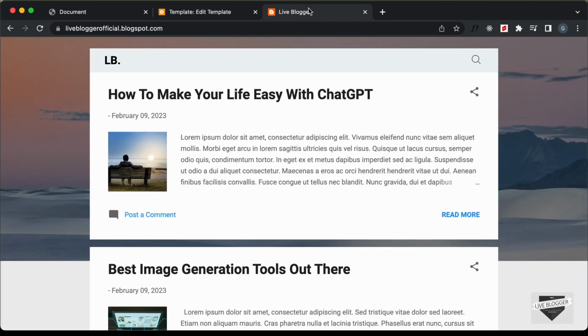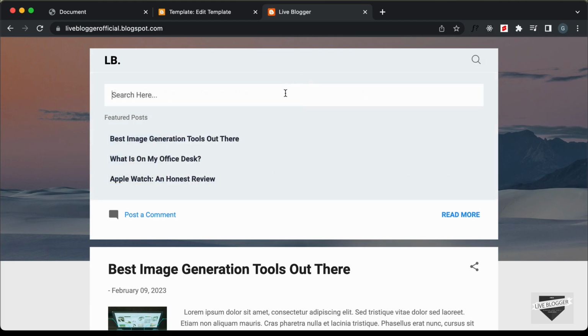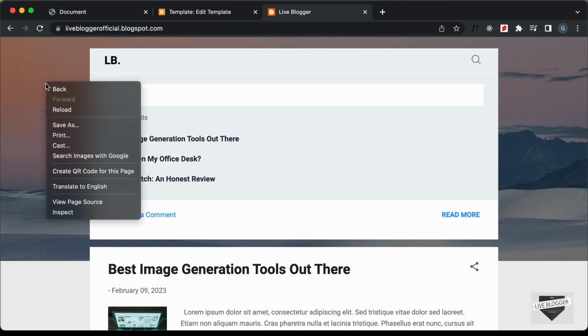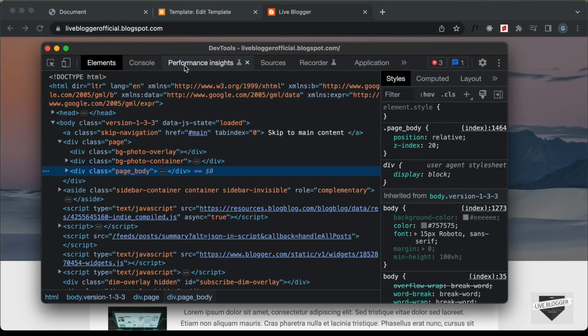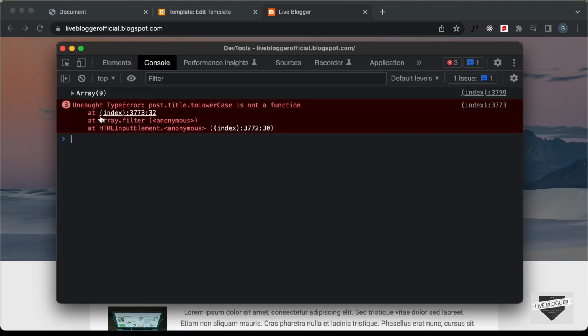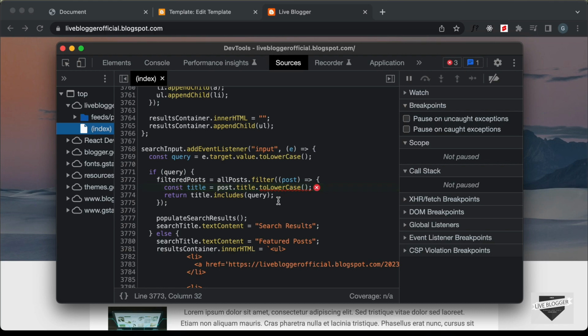And let's go back to our website and refresh this page. And let's click on the search icon and search for something over here. So I'll just type how, and it doesn't seem to work. So let's right click over here and go to inspect, and let's see whether we have any errors. So here we have this error, post.title.lowercase is not a function. Let's click on this link, and it is right here,